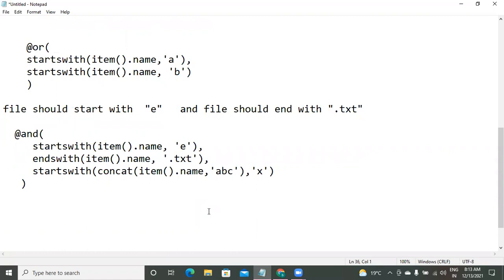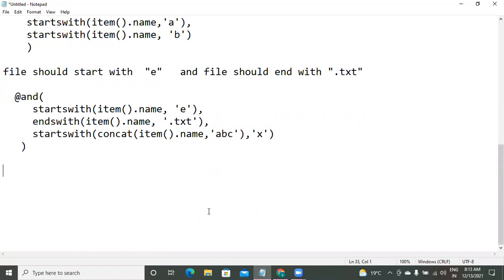Let's try to apply a combination of AND and OR functions.